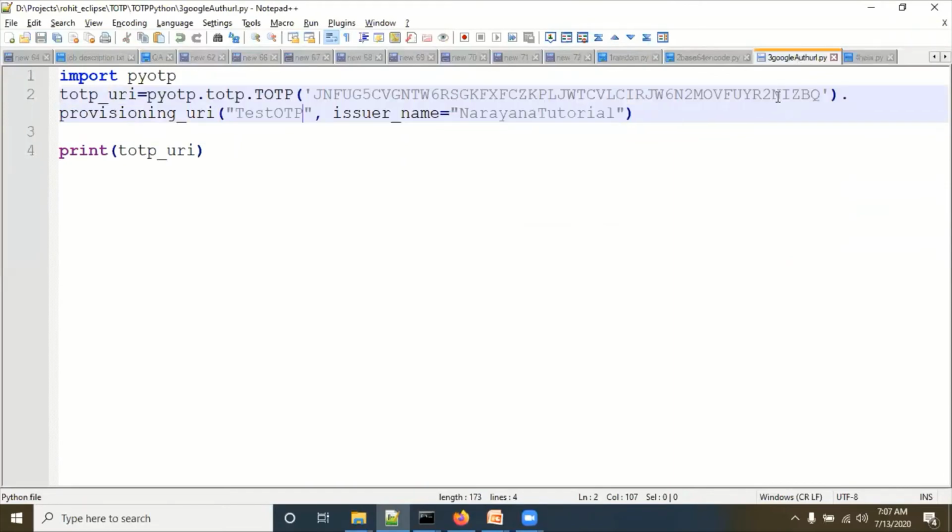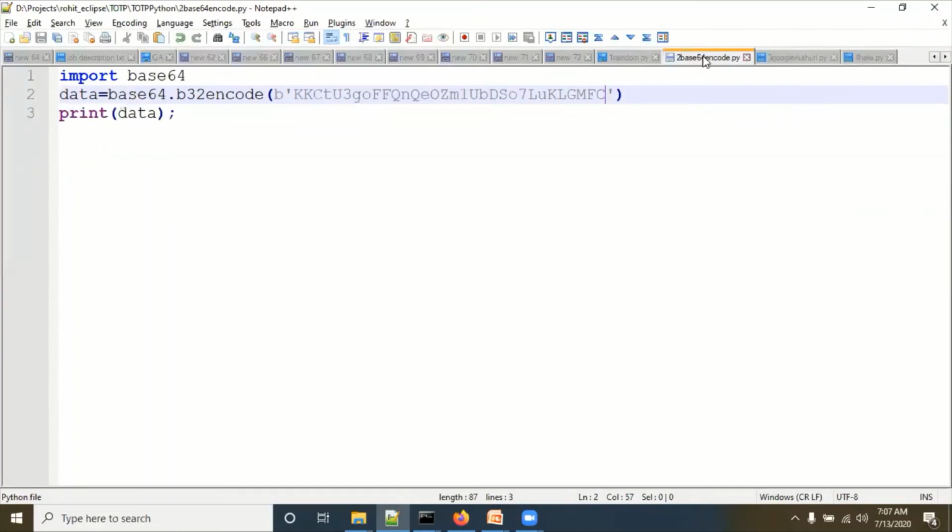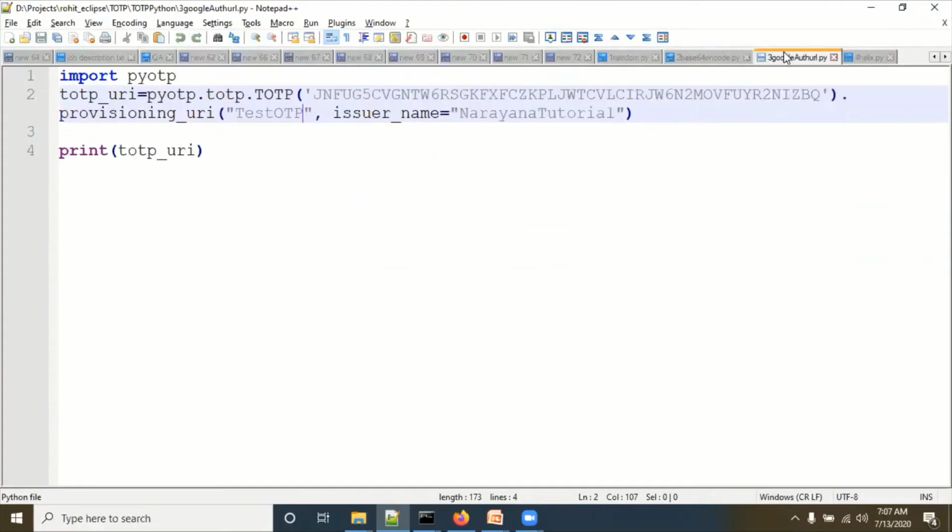Just a second. Yes, here we have to give a random string.